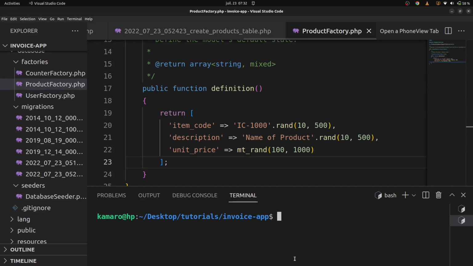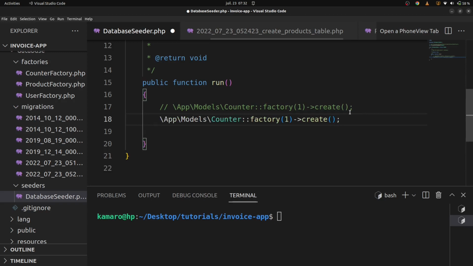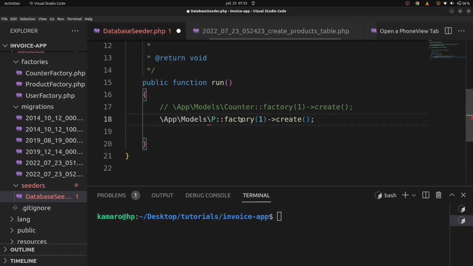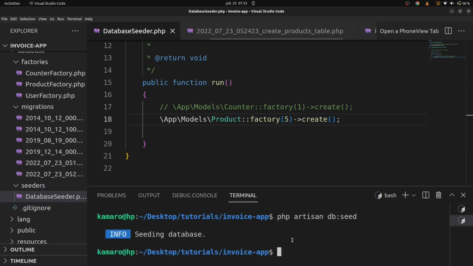We'll go in Cedar, on database Cedar, and copy this line and change counter to product, and after go in our terminal and run new factory migration by using PHP artisan db seed. Okay,